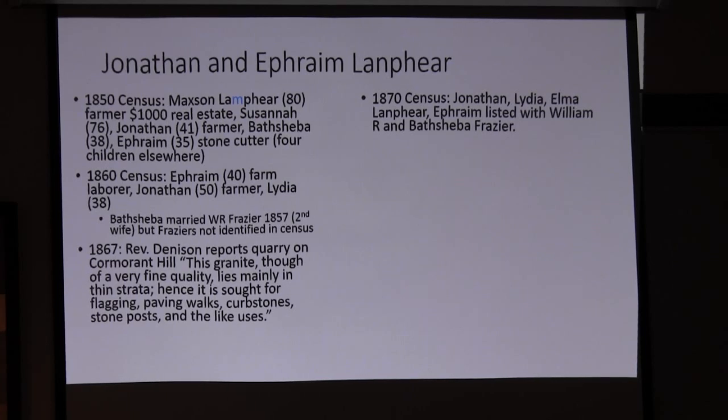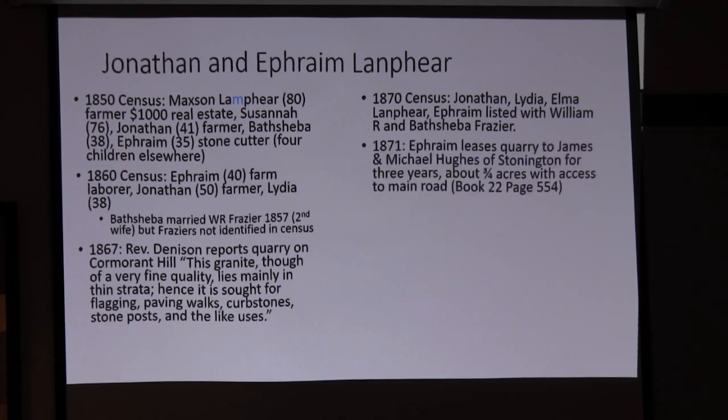The Fraser household is listed as William, Bathsheba, and Ephraim, age 55, who should have been listed as Ephraim Lanphier, but isn't. For a long time, I thought Ephraim wasn't listed in the census at all, even though a year later, in 1871,